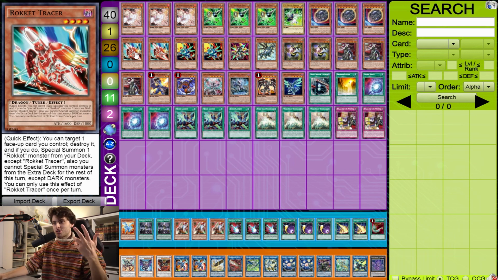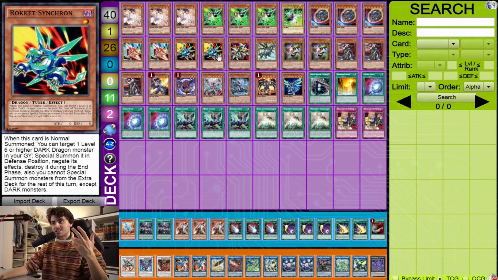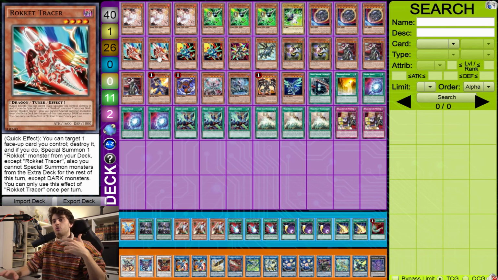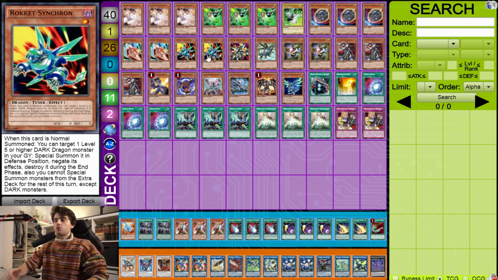And then for the actual engine, we play 2 Tracer, 2 Rocket Synchron, 1 Recharger, and 1 Absol Router. So in the past, you obviously played 3 Tracer. It is your go-to rocket monster, I guess. For this version, Rocket Synchron is actually quite important because it's a level 1 tuner that revives a monster from